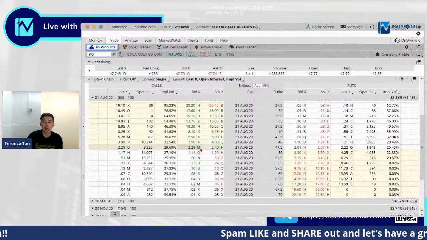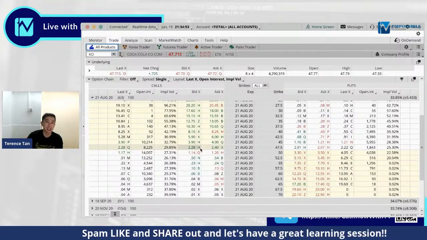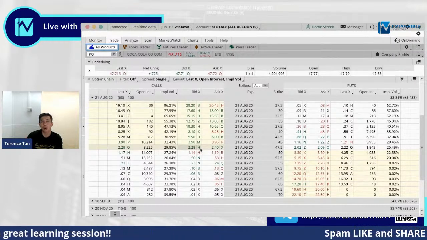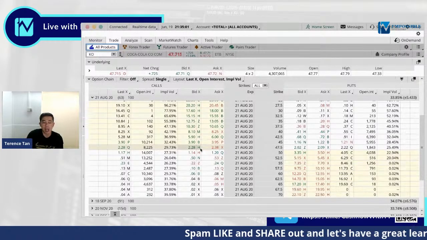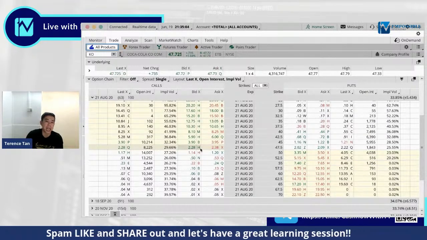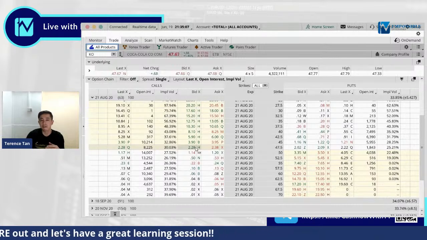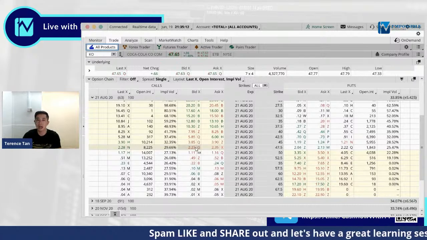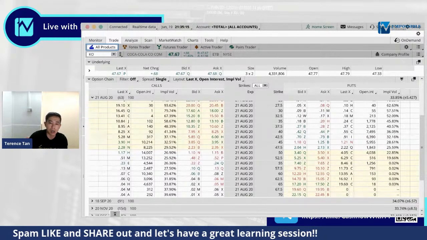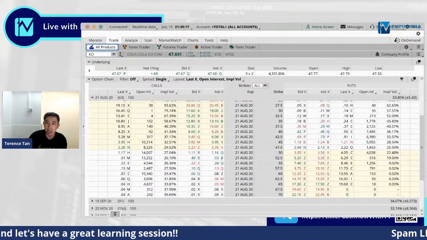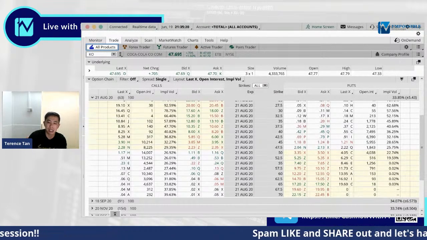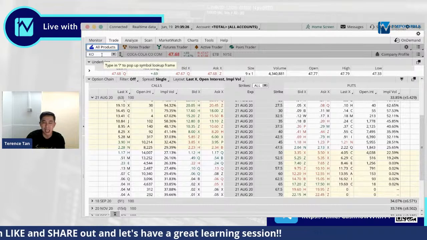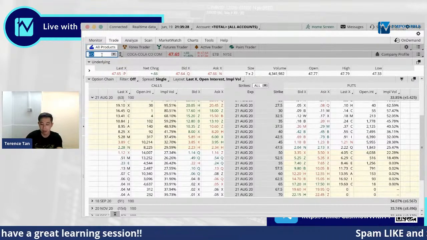Or he's more comfortable just holding on to the stock, because it is Coca-Cola after all. So many people may have the view that, I might as well just hold on to the stock, because if I hold the stock, then I won't have to lose this $2.30 that I have to pay. So it's pretty much a way of ownership of the stock versus a pure profits play. That's why we say it's probably better on growth companies and non-dividend paying companies, because on blue chip companies, that's going to be a challenge. We talk about downside, but how much downside are you really looking at? So is it worth paying for the option then?